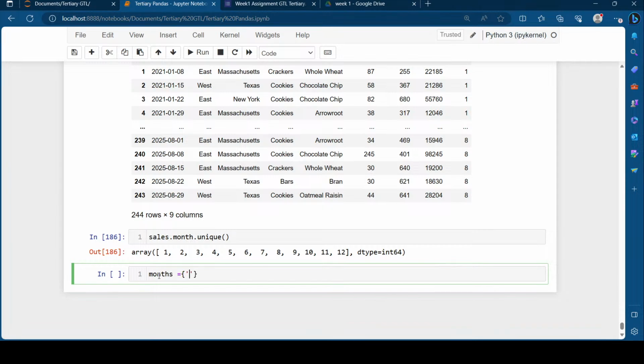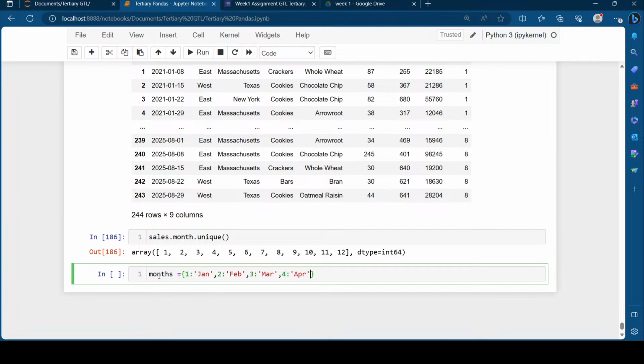So I say one goes for January, then comma, 2 goes for Feb, three goes for March, then four goes with